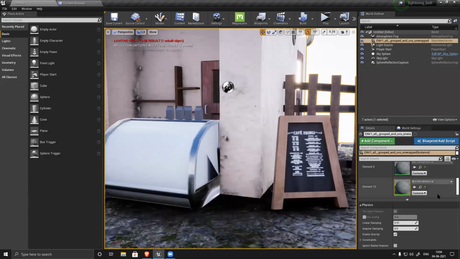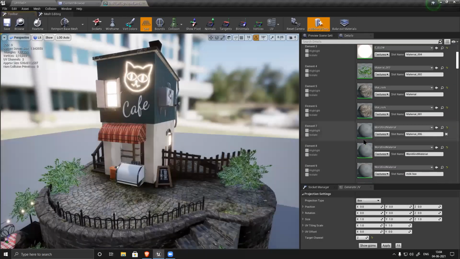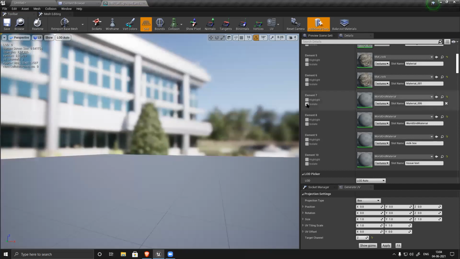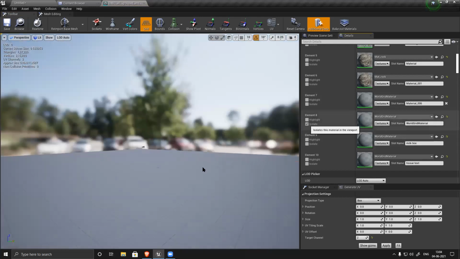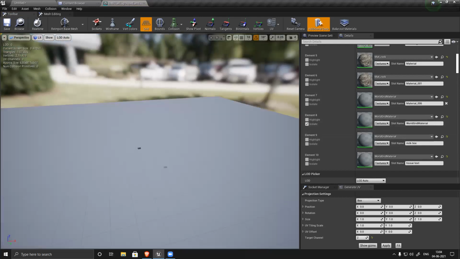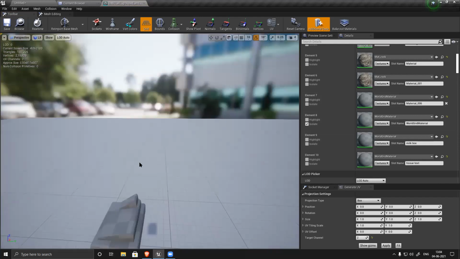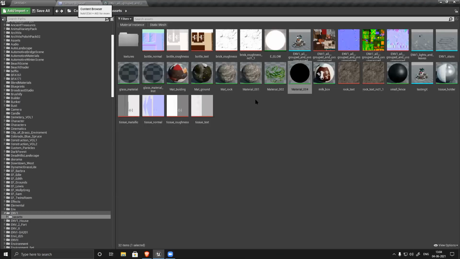Why is it showing so many things? Oh, that's for the cashier, the registers. I hadn't put the material yet for that.